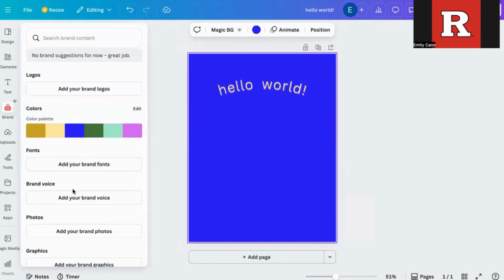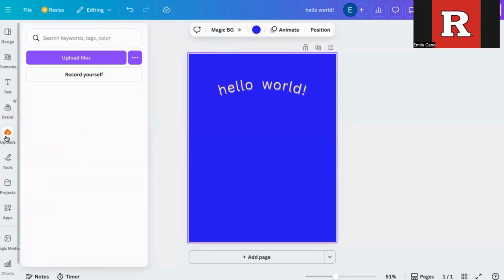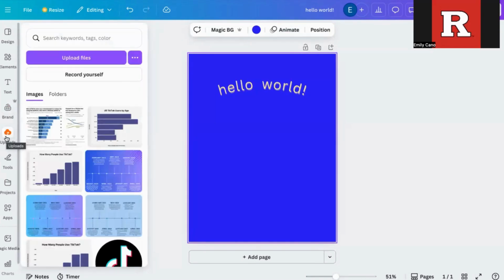You can also add fonts, brand voice, photos, graphics, and icons. Upload: this is where you can upload different photos, images, videos, even from your folder on your computer, or you can upload from different platforms as well. These are different little graphs that I uploaded for a previous project that you can find on my website. It's the TikTok ban infographics,